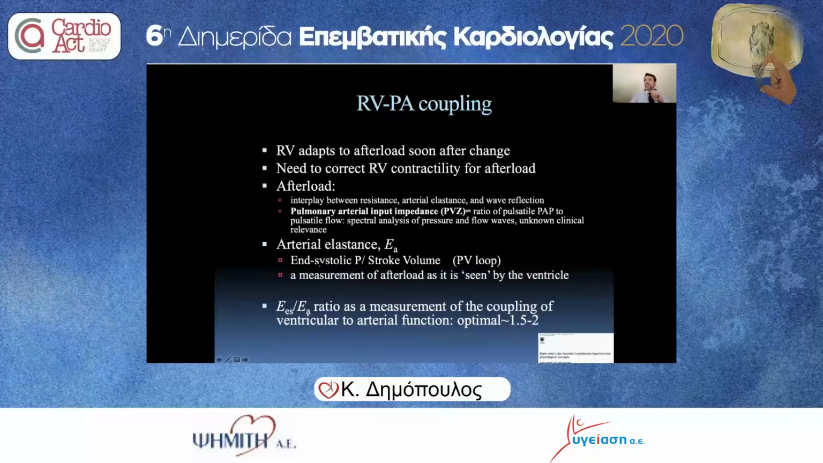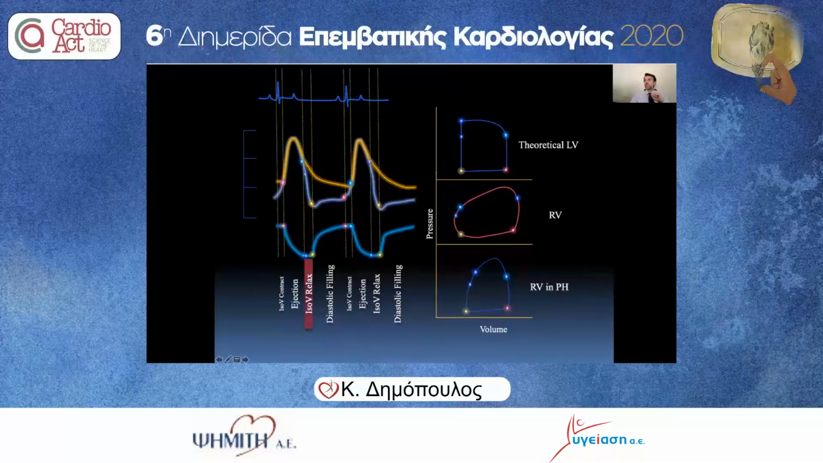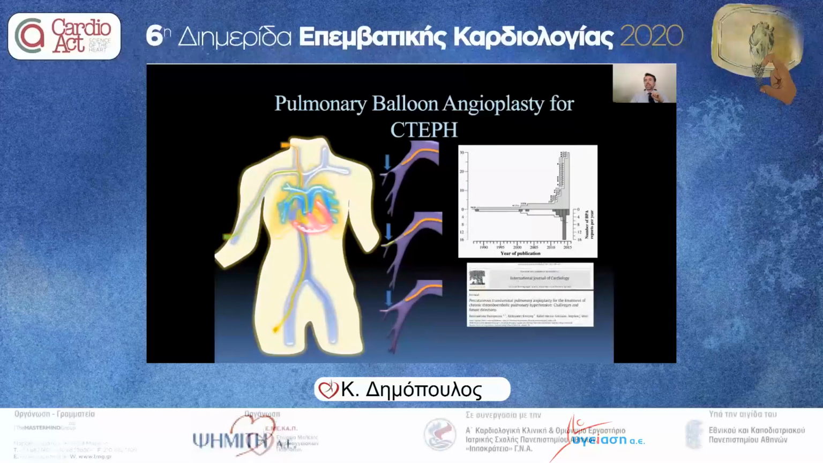More advanced cardiac catheterization can give us more about RV to PA coupling. I'm not going to go into arterial elastance, just to remind you that if you have special PV catheters, you can calculate your elastance, so your coupling between the RV and the pulmonary circulation. And finally,